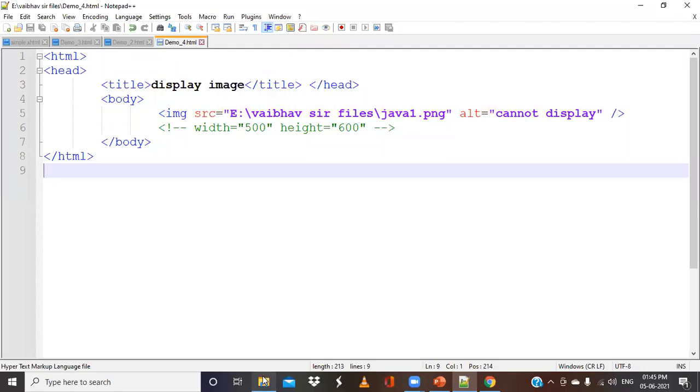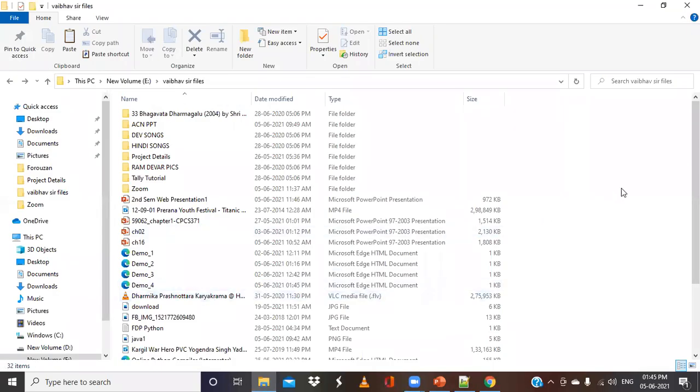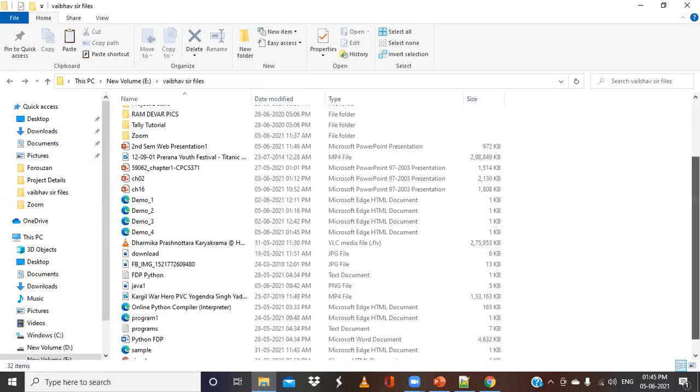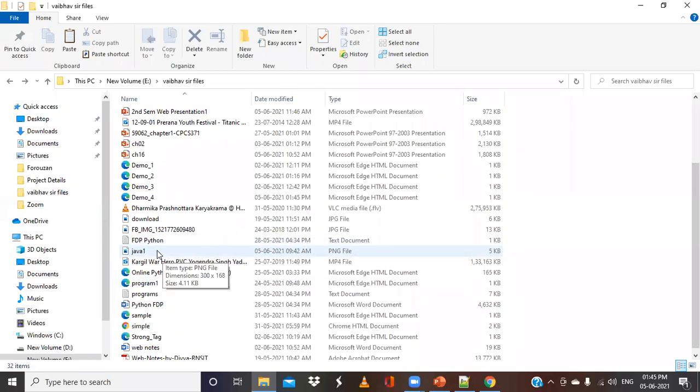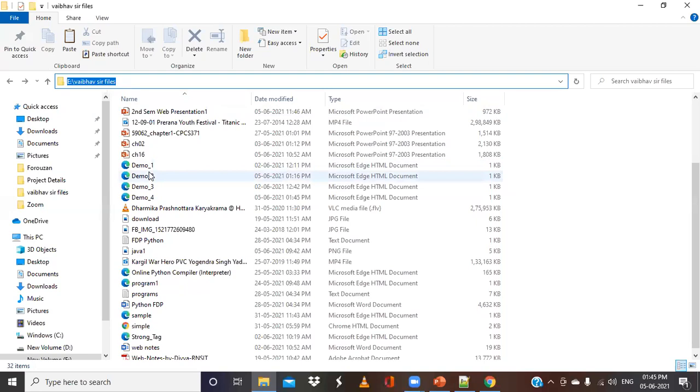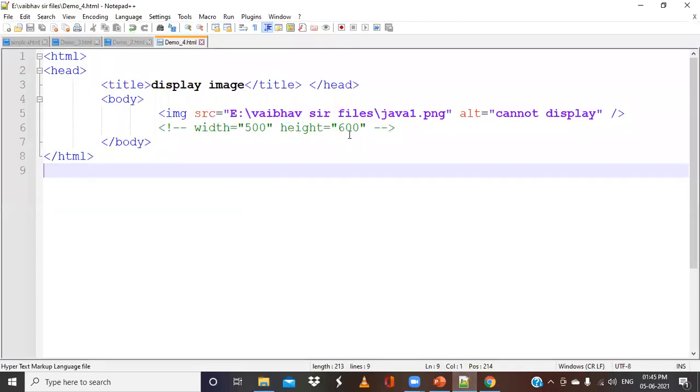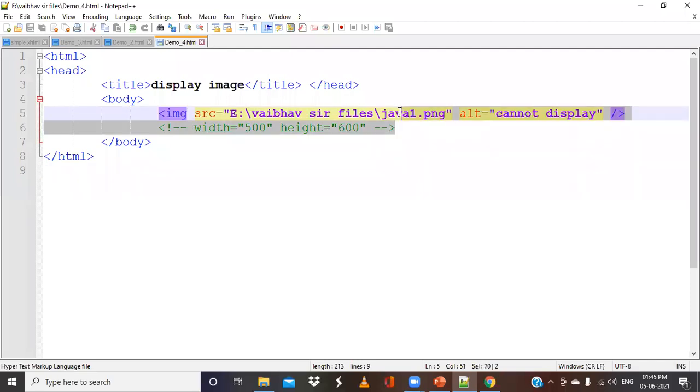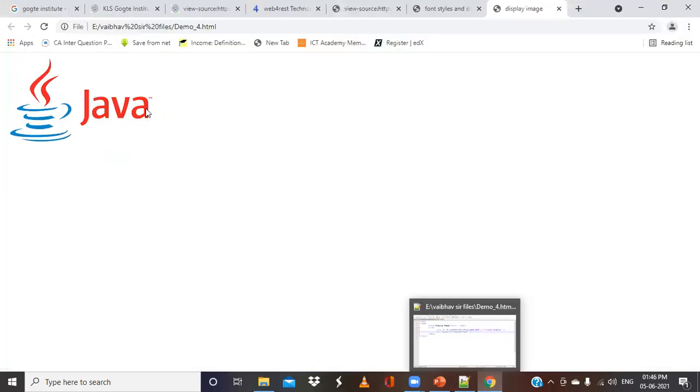No. Where is my file? My file is currently present here, Java 1, in this particular directory. I have given the same directory structure, and the file name I have also changed to Java 1. Now if I run this, I get the same result.